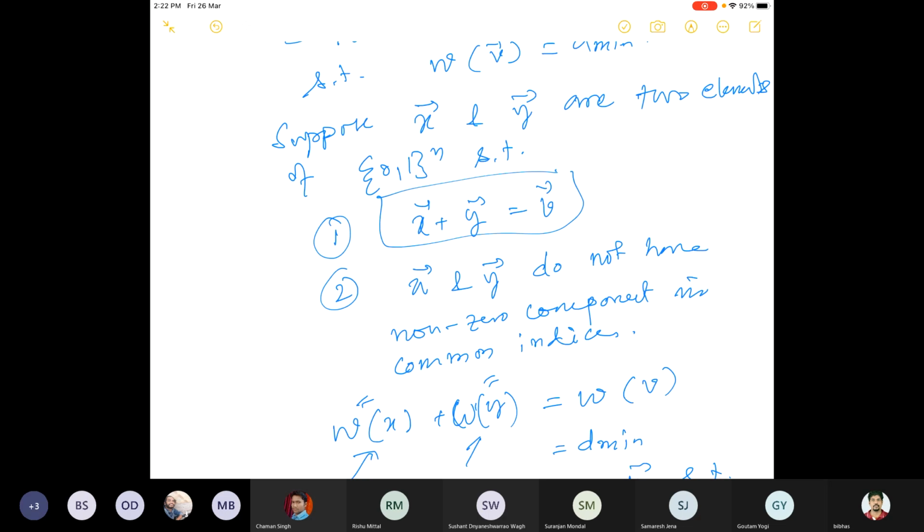Now we prove that, suppose there are two such errors. Since the code is closed under addition, if you take E_L plus some V_J and E_L plus some V_K, and they are equal, then E_L will get cancelled and V_J will be equal to V_K. That means the original code words are the same, but you started with different code words, because there are 2 to the power k such code words, and all are distinct because the set itself contains 2 to the power k elements. So that cannot be equal, because each coset is defined by the coset leader.